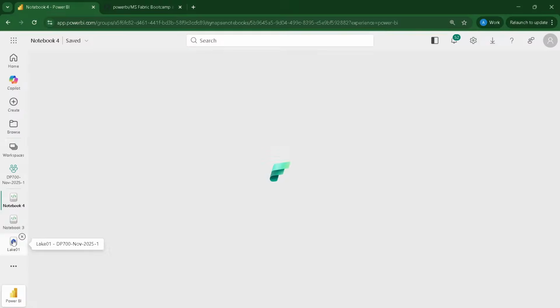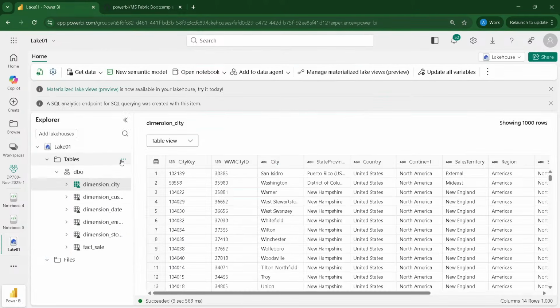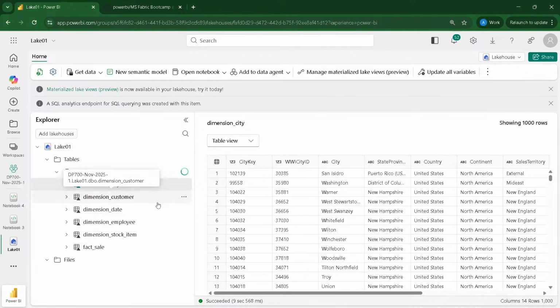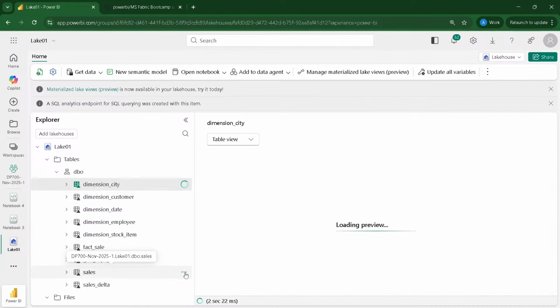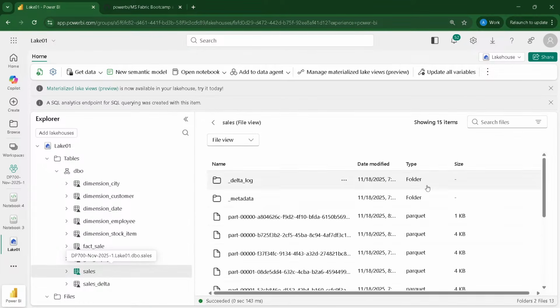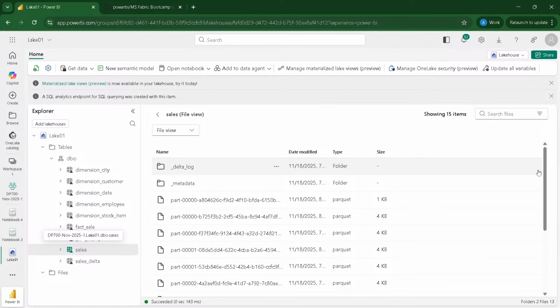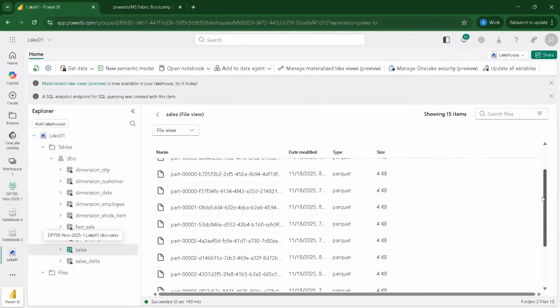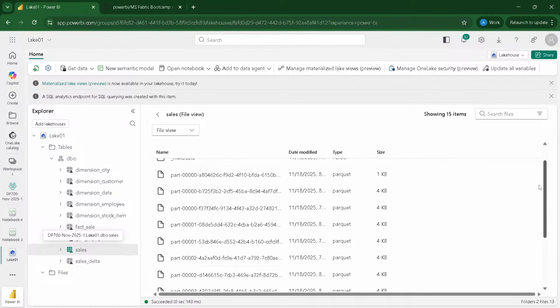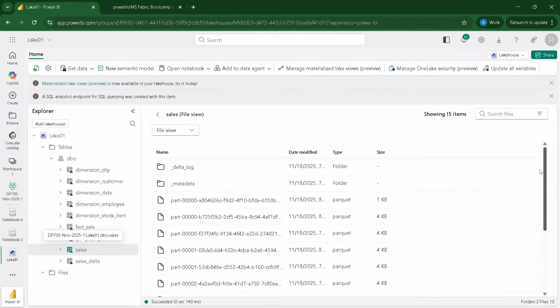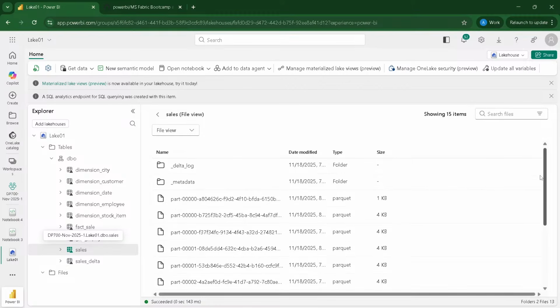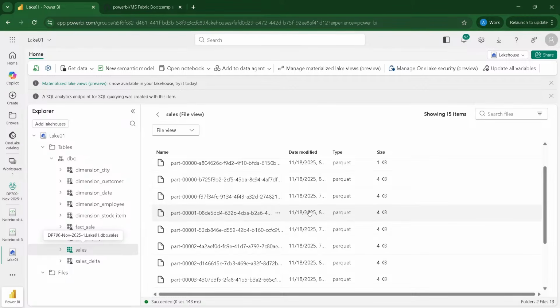So we would like to go back to this lakehouse and let's refresh this schema and look at this sales table. This is the table where we have done multiple transactions, and look at view files. You see the files here. You see these are multiple files which are getting created because of the operations we are doing on this table. Okay, so 1 KB, 4 KB, 4 KB,